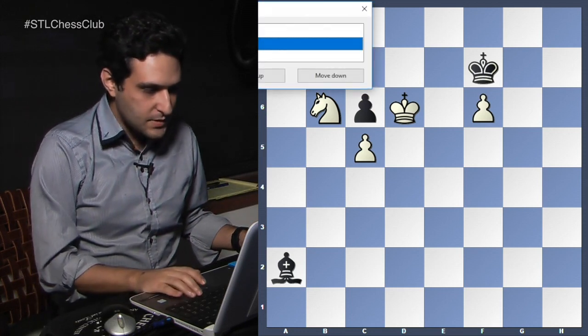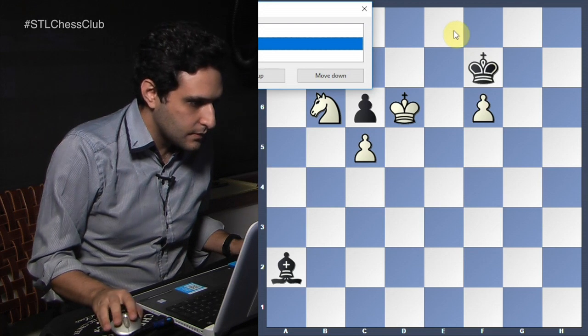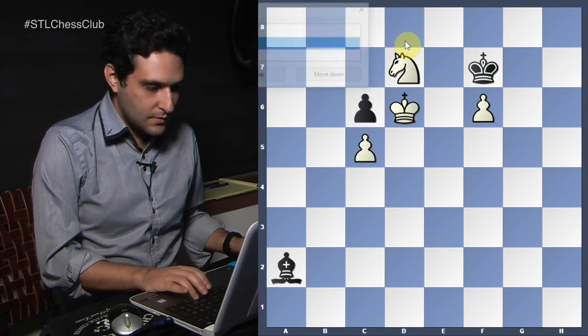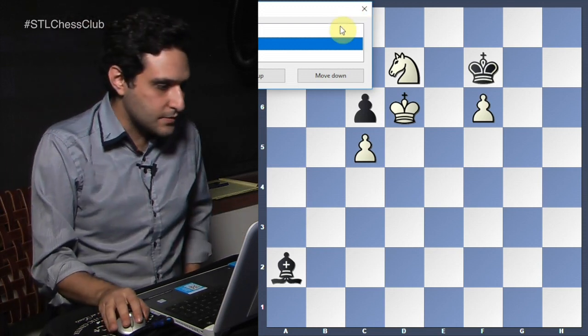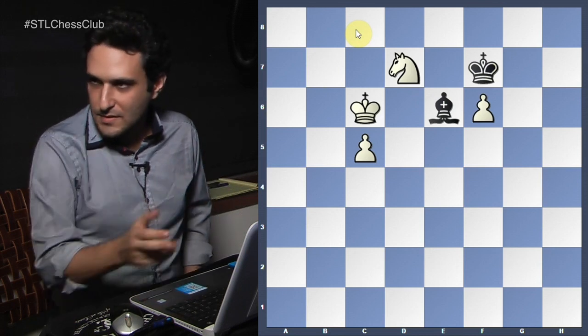Well, the first move is obviously knight d7. Oh, sorry. Okay, let's say I play bishop. Bishop e6 loses immediately. As you're calculating, it's not only about where I put my pieces. Tactics matter too. So, for example, bishop e6 loses immediately to king c6, right? The knight is defending the pawn. So,